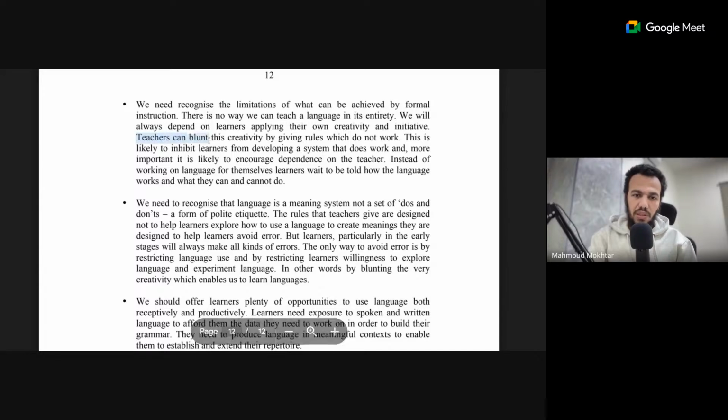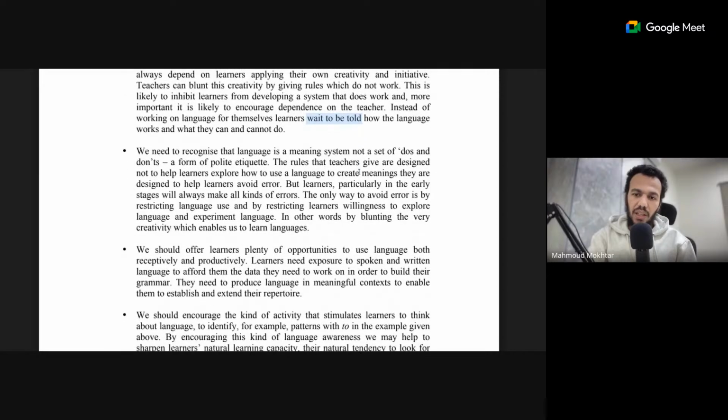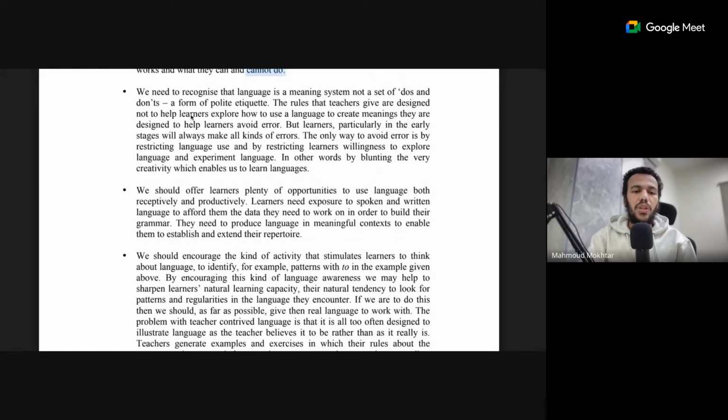Teachers can blunt this creativity by giving rules which don't work. This is likely to inhibit learners from developing a system that does work, and more important, it is likely to encourage dependence on the teacher. Instead of working on language for themselves, learners wait to be told how the language works and what they can and can't do. We need to recognize that language is a meaning system,